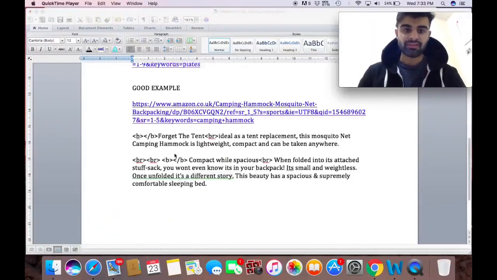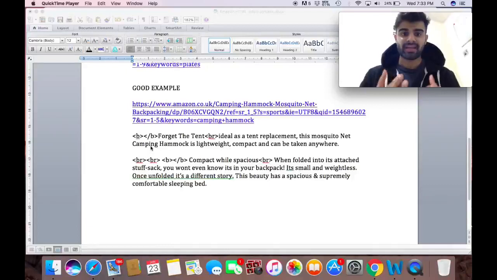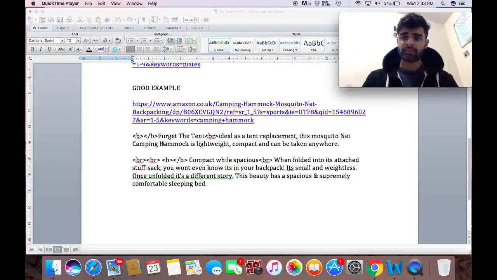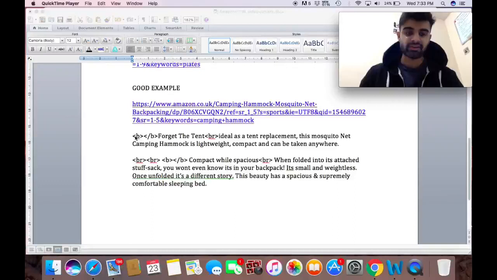Okay, so here is the example. As you can see, I've put a left arrow B right arrow, and that is for the heading, and left arrow slash B right arrow, and that is to make the text bold. As you can remember from the example, "Forget the tense" was bold and it was a header. All you have to do is put the header code and the boldness code, and basically write the text